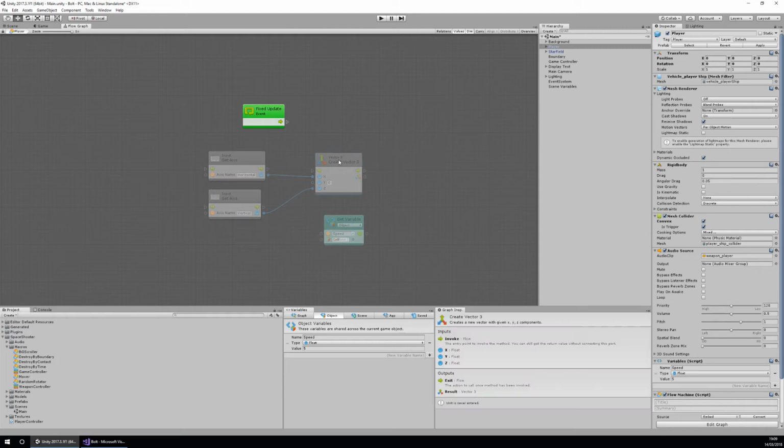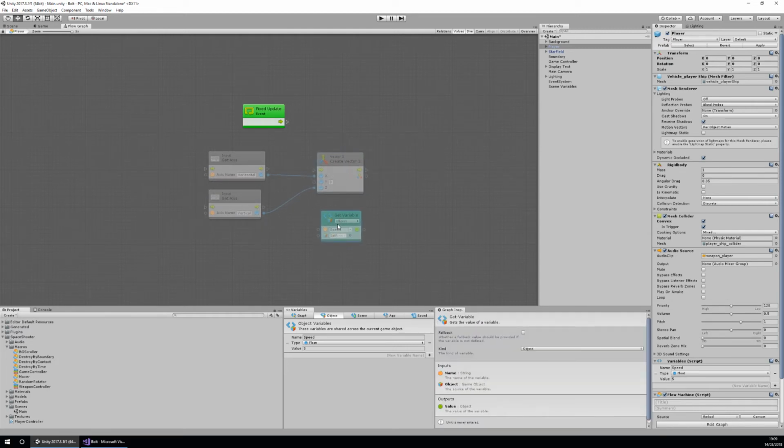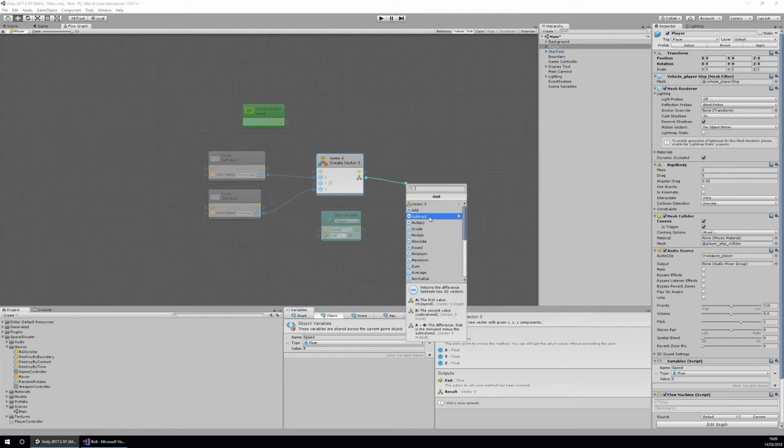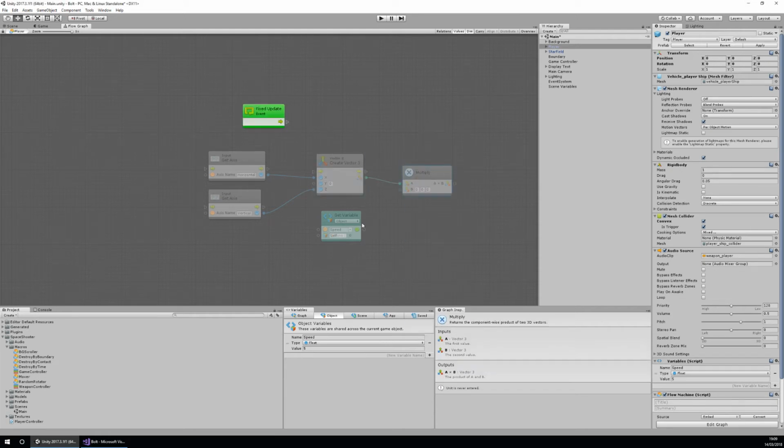Now the next thing I need to do is multiply the variable of speed by our vector free. And the way I can do this is I can drag out from the variable and drop, and I want to do multiply. And then I'll drag it in the second one. And there we have it. We have a times b, so we'll have our vector free times our speed,